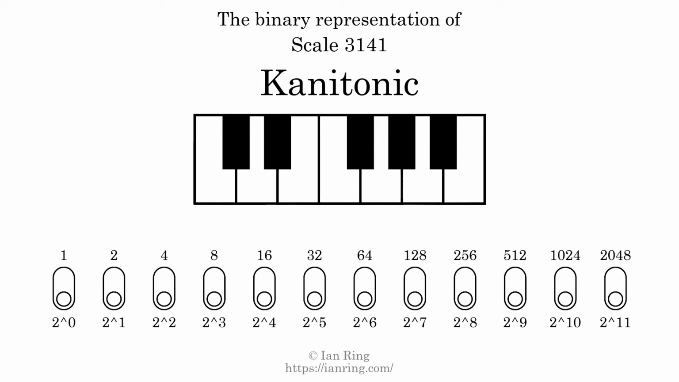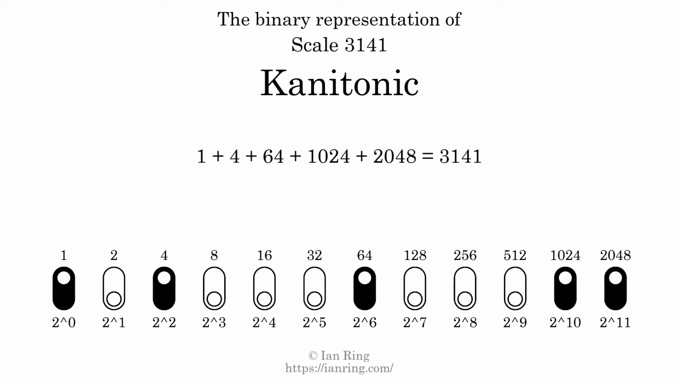The binary representation of this scale is determined by mapping tones of the scale to binary digits. Each binary digit represents a power of 2. To get the scale number, we add the powers of 2 together. The powers of 2 that are present in the scale, all added together, equals 3141. That is why the scale number, in decimal, is